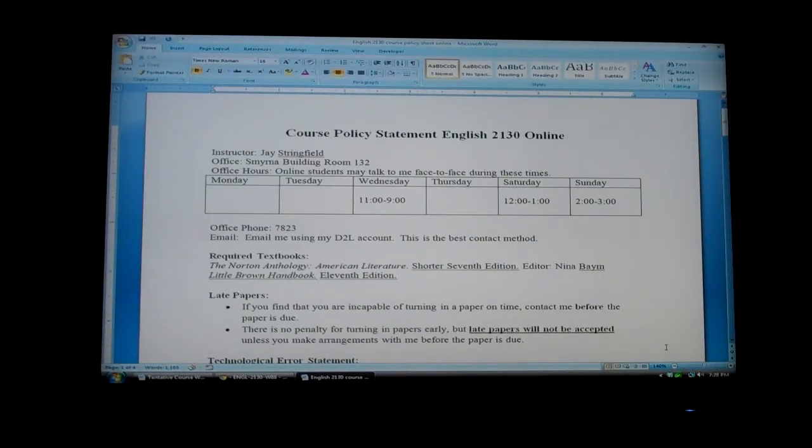In this video, I'd like to clarify some of the things on the course policy sheet. Most of the stuff is pretty straightforward and it should make sense when you read it, but some of the things I just want to make sure are absolutely clear because this course policy will be in effect for the entire semester. This is basically the set of rules that I will follow for all students, so I just want to make sure that you understand what the rules are.